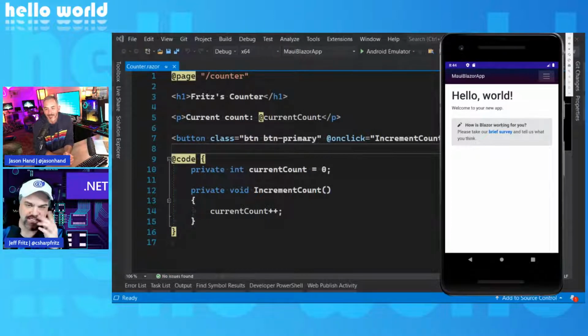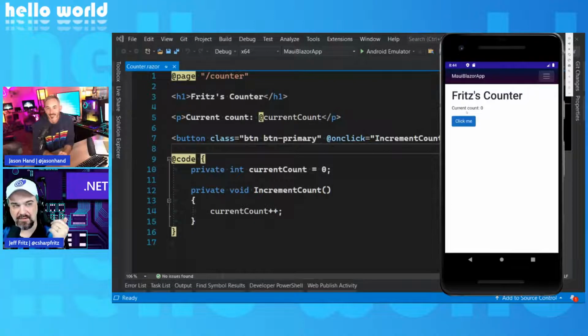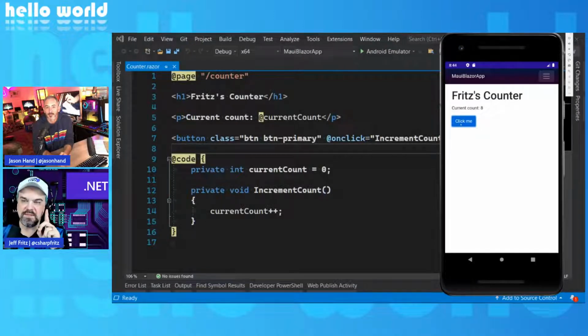World. It's the standard Hello World template there, and I can pop this open. I can go over to my counter application, Fritz's counter, just like it says over there, and I click and it counts. Huh. But this is a Blazor application, just like we used to try and do this with Apache